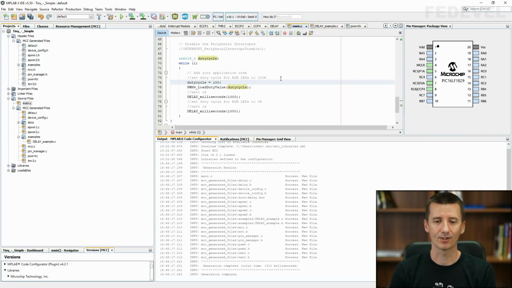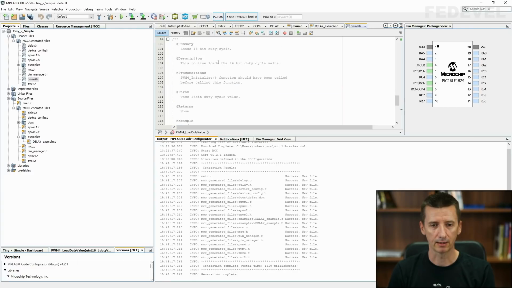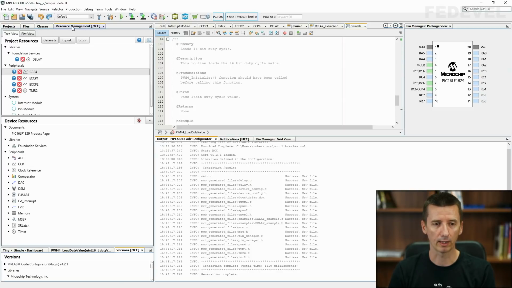No, that's not right. Okay, this value which is inside of this load duty function, it's not in percentage. If we go back here, you will see it just says it's 16-bit duty cycle number. And this number you can very easily get from the MCC configurator.